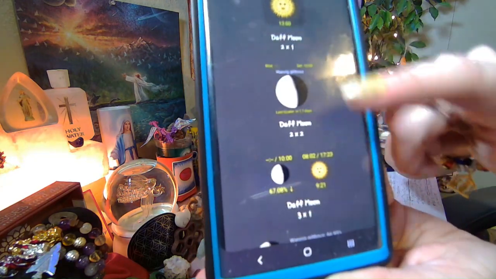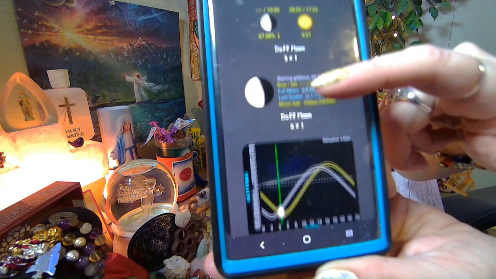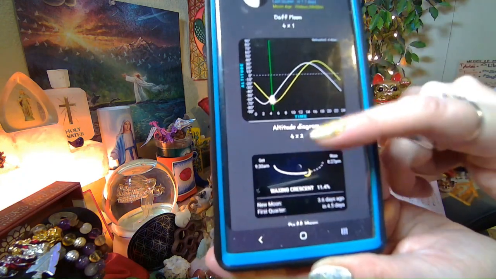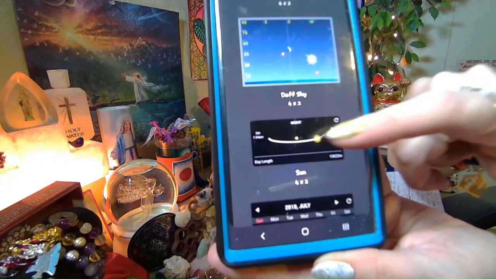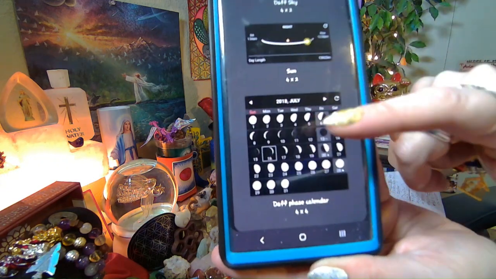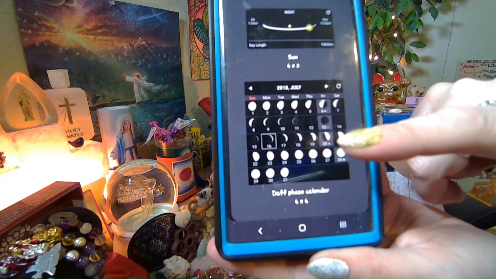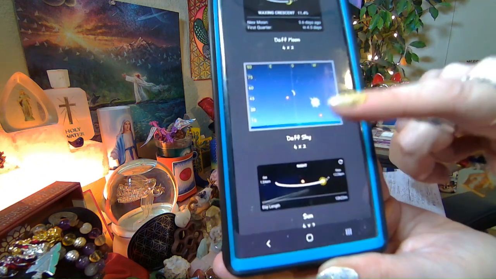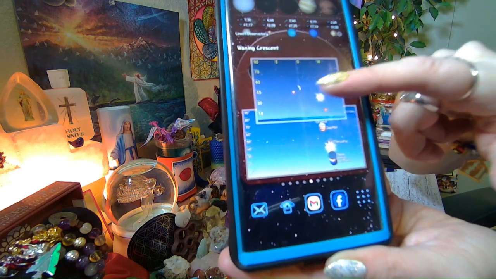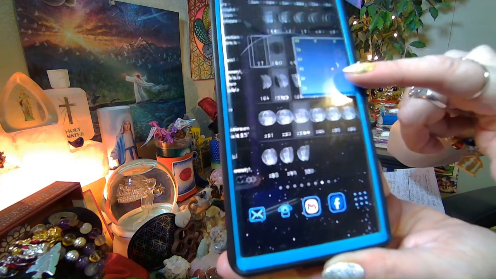You can see the moon phases with the sun. I use 2 of them. I use this one, the Daff Sky, and this the moon phase one. So right here, you can just click on that, and it'll take you